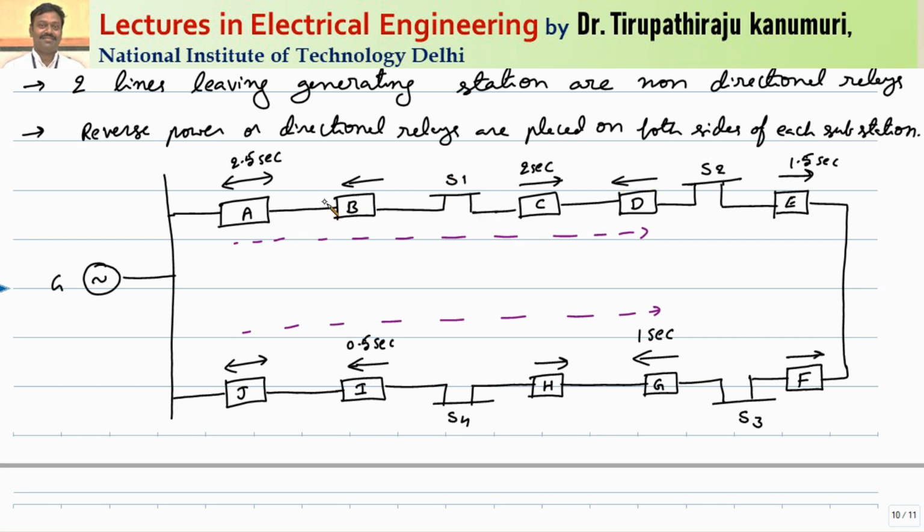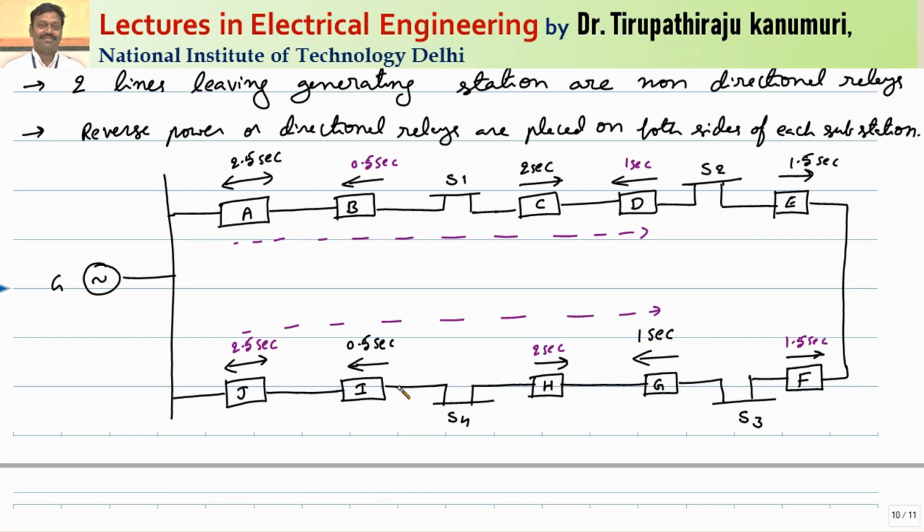Only this particular section will be disconnected. That means if the fault happens here, the relay at A and the relay at B only should operate, and the remaining should continue to be non-operative. Getting this one? So for that, what we do, for this relay number B, I will start. So here I am keeping, this will operate in 0.5 seconds. In the same direction you take this one, this will operate after 1 second. And again going here, this will operate after 1.5 seconds. This will operate after 2 seconds, and this operates after 2.5 seconds. So it will be designed in this way.